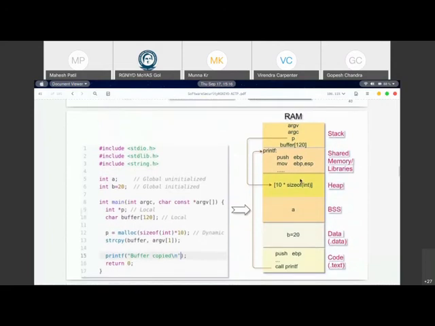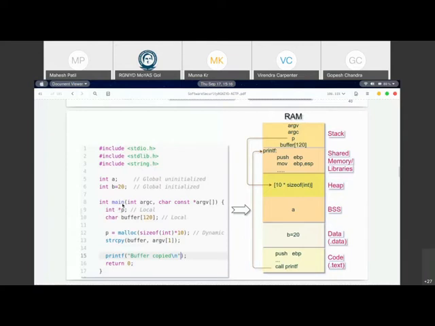Let me once again come back to these memory segments and understand some more details about them. The most important here is definitely the global uninitialized and initialized segments. You see that A is uninitialized, so it goes into the BSS segment here. B is 20, which is a global initialized variable, so it will go into the data segment. You see here, while you have a main function now.